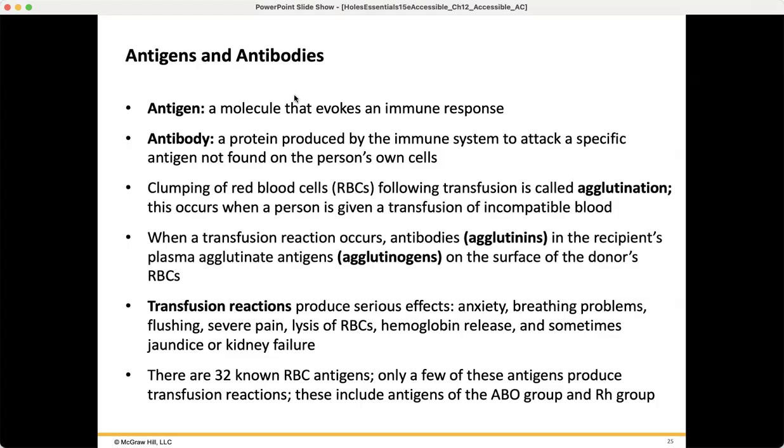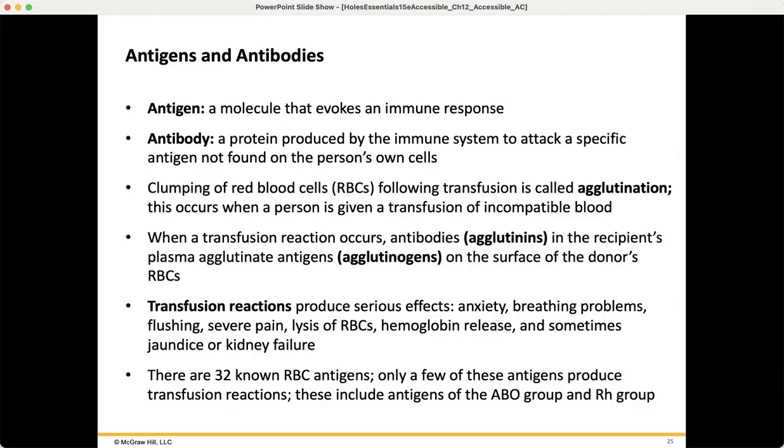So speaking of antibodies, and we'll get a little bit into how they form. When something enters the bloodstream that should not be there, it will evoke an immune response. And that molecule that the immune response is tailored to, that will evoke it, is called an antigen. We have antigens on our cells in our body, and those are called self-antigens that tell us, hey, this is me. But when something new is introduced, so a bacteria, a virus, even an organ transplant, if it's not yours,